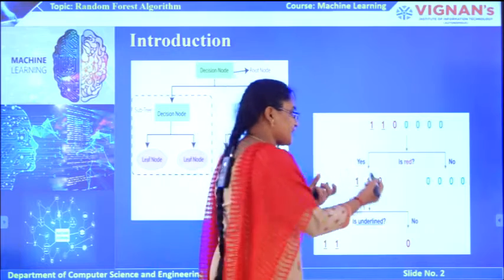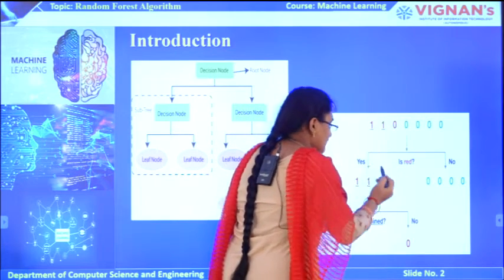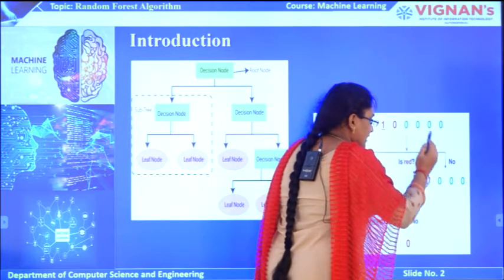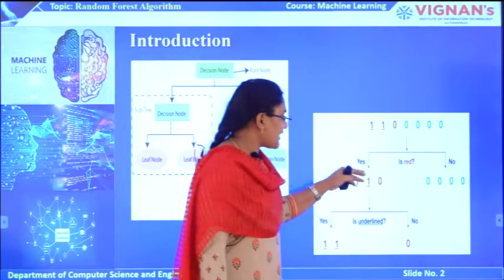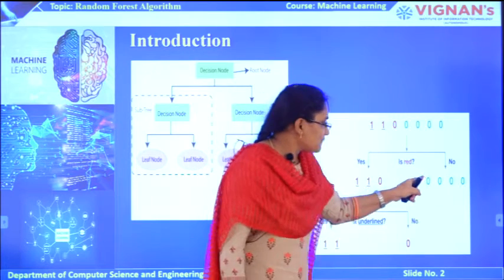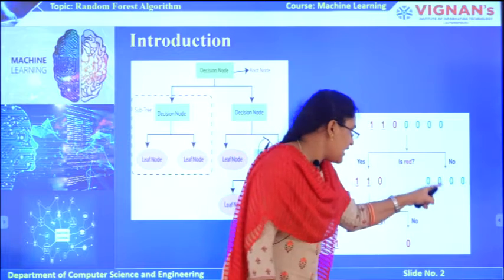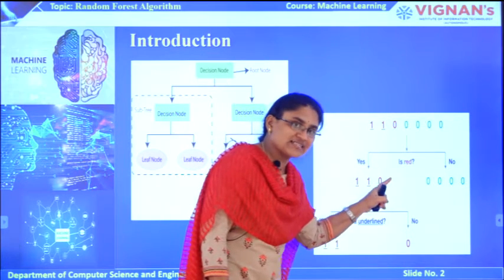If it is the red color, then the red color data points come to the yes branch. If it is not a red color, then the not-red points come to the no branch. Again we see that all are zero points there, so we need not split again in the no branch. And in the yes branch we have a combination of ones and zeros.